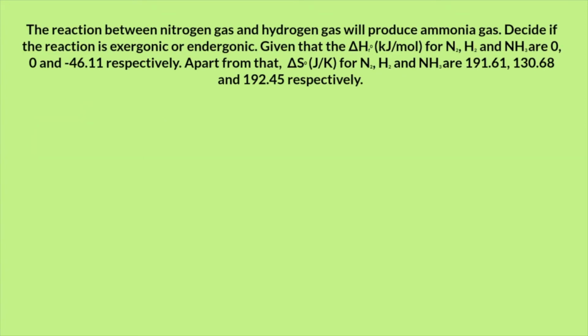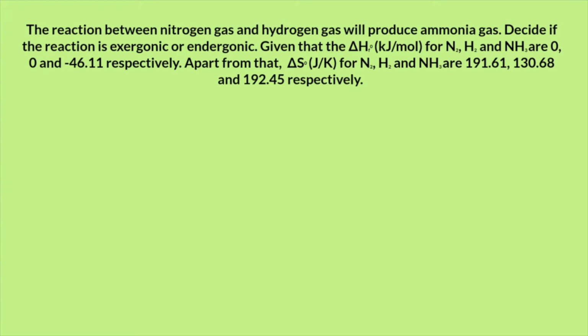Let's move on to question number 2. The reaction between nitrogen gas and hydrogen gas will produce ammonia gas. Decide if the reaction is exergonic or endergonic. Given that the delta H formation in kilojoule per mole for N2, H2 and also NH3 are 0, 0 and negative 46.11 respectively. Apart from that, the delta S in joule per Kelvin for N2, H2 and NH3 are